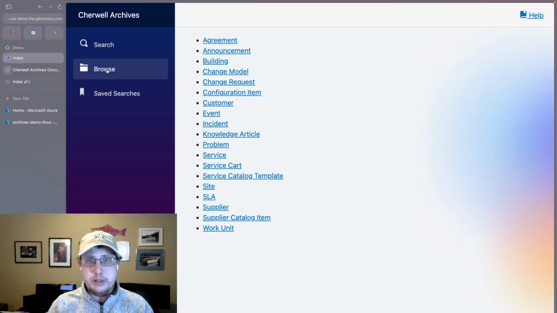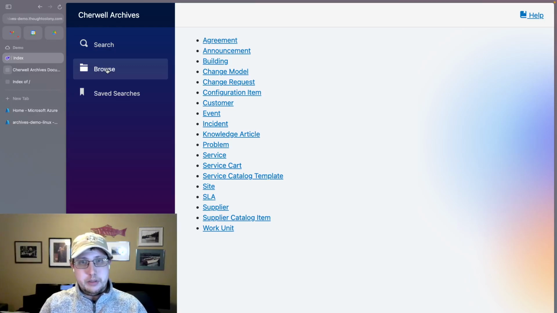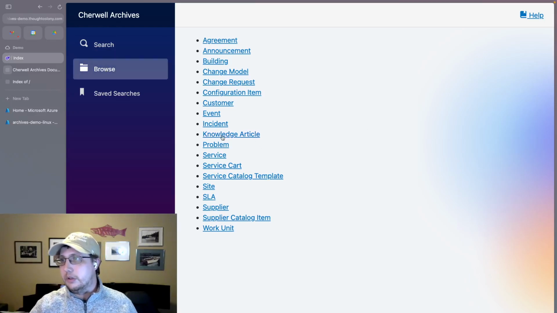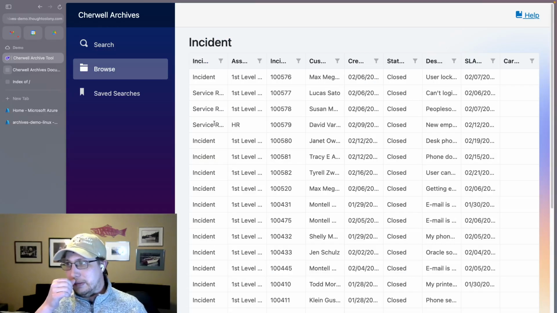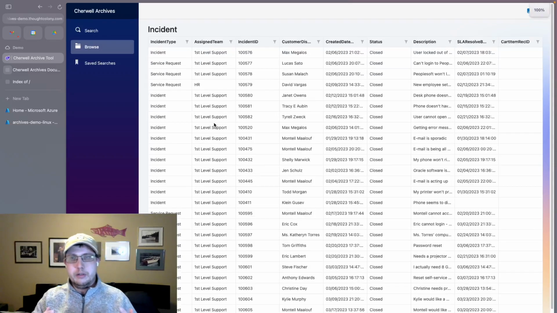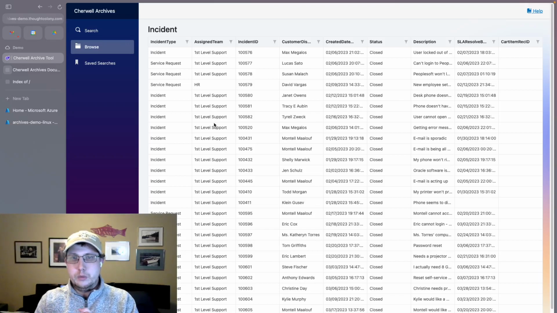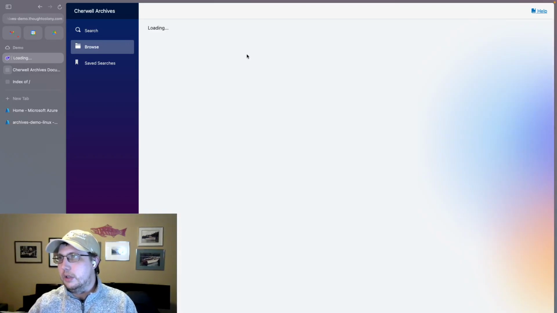You can also browse business objects, and this page shows all major business objects. So incident, of course, is the go-to one. Let me actually zoom out a little bit so you can see the full effect. This is using the business object grid that's configured in Cherwell. So whatever you see in Cherwell, if you show a grid of incidents, that's what you should see here. And you can drill into one of them, and it will show you